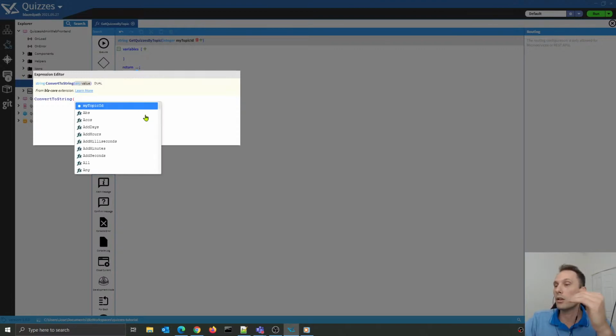parenthesis, and on the top of the expression editor, if you forgot how the metadata of this function goes, it gives you a direct link to the documentation we have on the web page and the metadata of the function itself, so you don't have to remember what all of the functions do